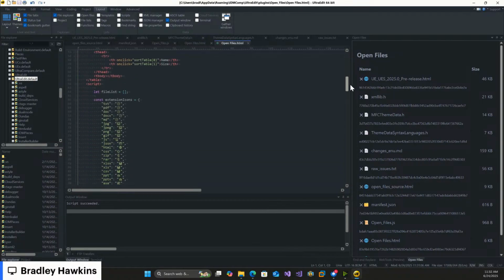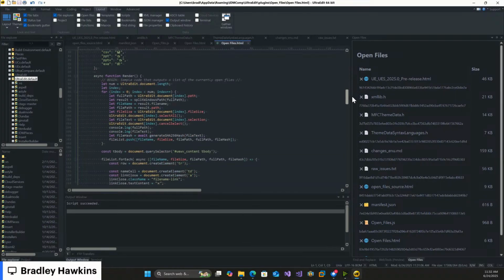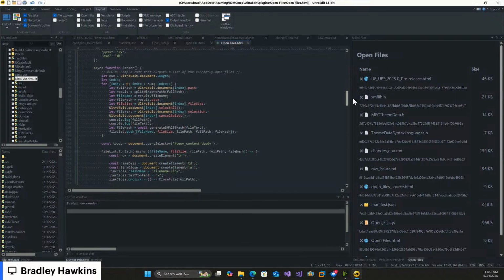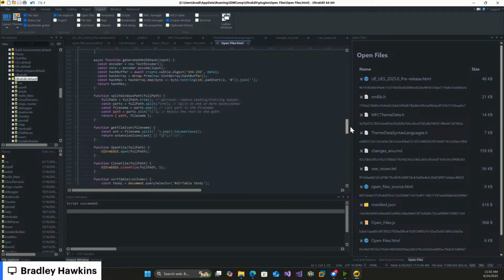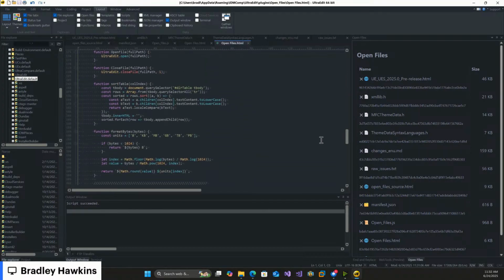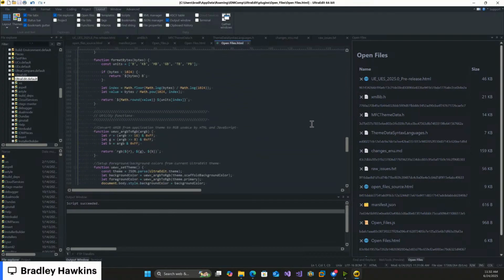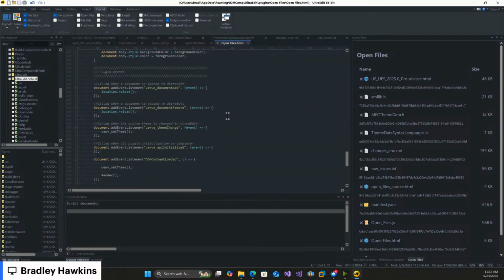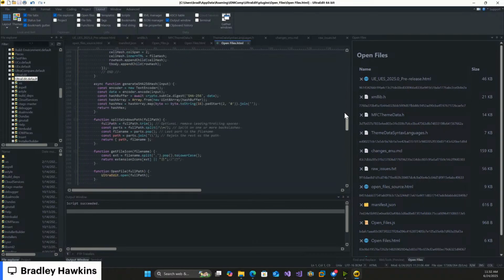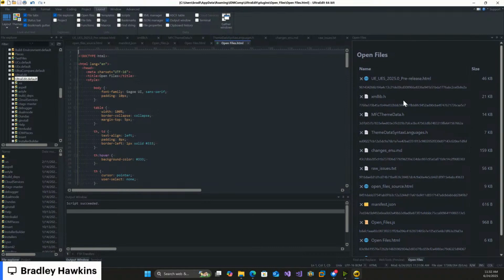You saw that there's the HTML code and the theme code and the style code. There's the function for rendering, a few helper functions. I'm scrolling through probably too fast for everyone, but some basic utility functions and the handlers. That's it. But in that set, I have the list of all open files. I can close open files,